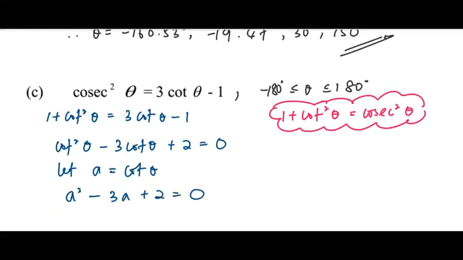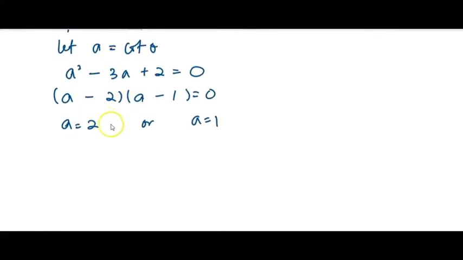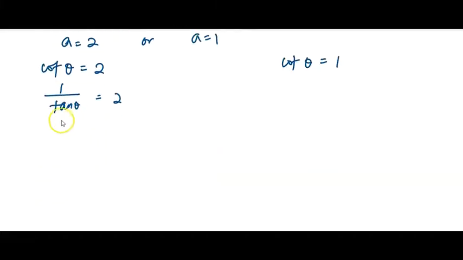Then we factorize and solve for the a. After I solve it, I got a equals to 2, a equals to 1. So substitute back the cotangent theta as a. I got the cotangent theta equals to 2, and the other equation is cotangent theta equals to 1. So cotangent is 1 over tangent. I got 1 over tangent equals to 2,